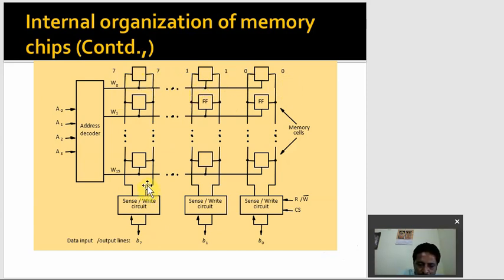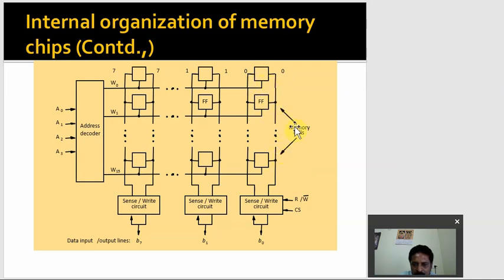This, for example, if you consider here, this is a word and this is a word and this is a word. Here also word 1, word 2, like that we are having. So that means, as already said, the cells are organized in the fashion of an array, rows and columns. All the words are connected to one common line. That line is called a bit line. See the first one, all these words have been connected to one common line.